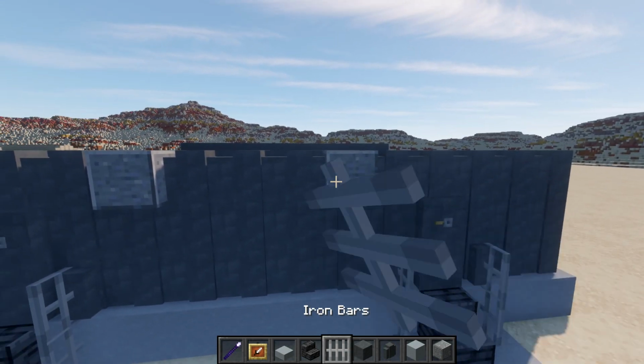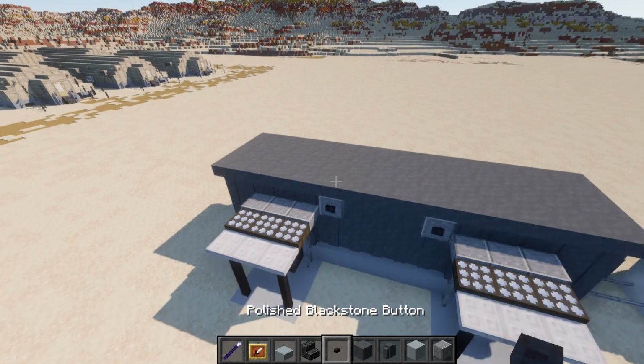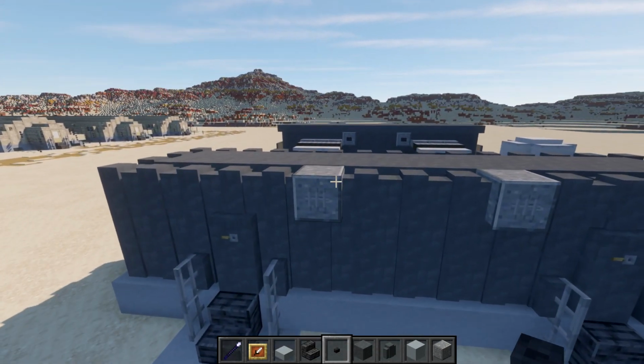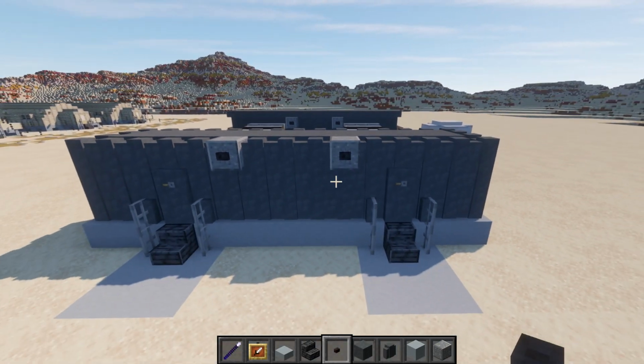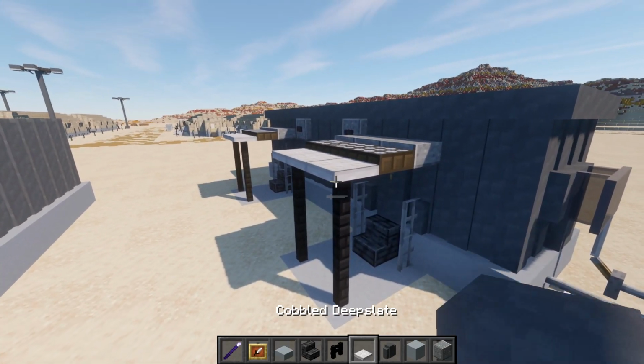And we're going to place down an item frame, an iron bar in the item frame, and if you're on Java, we can also place down a polished blackstone button that is going to come off of these blocks as well. So just like that. Then after that is done, we want to go ahead and grab ourselves some nether brick fence posts,